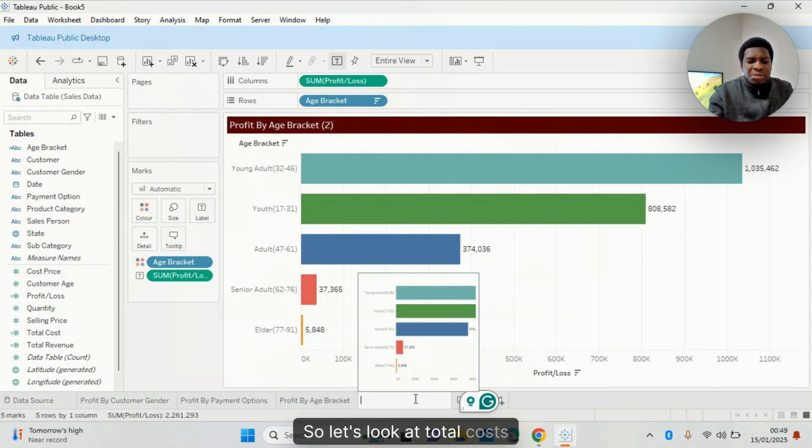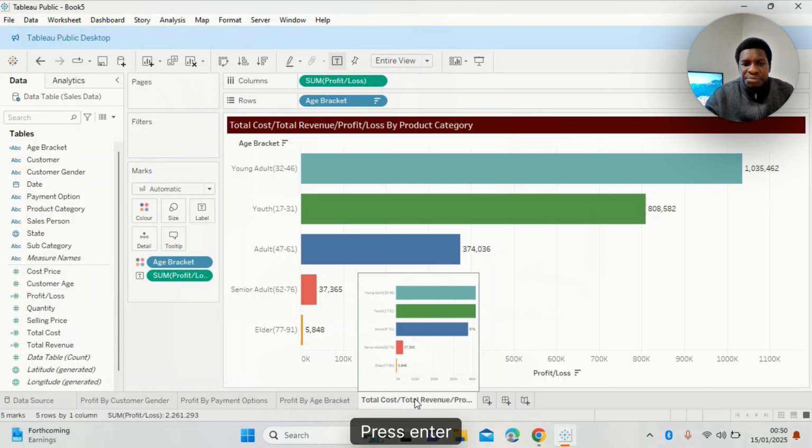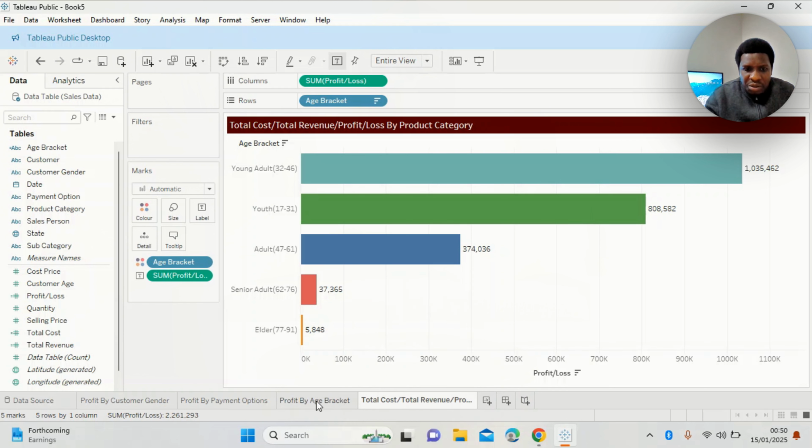So let's look at total costs and total revenue and profit or loss by product category. By product category, okay. Let's look at that. Press enter. All right, so